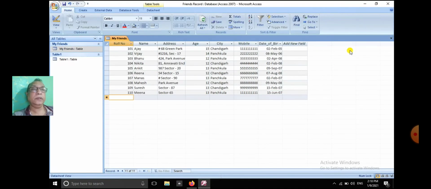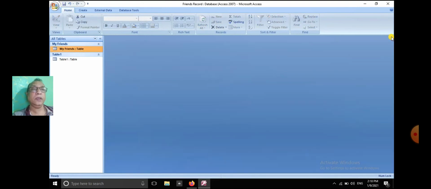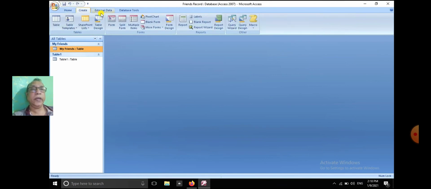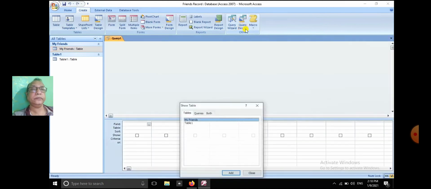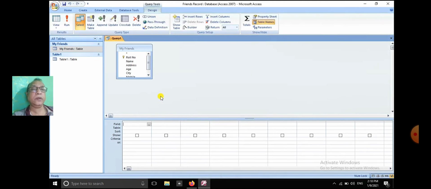Close the table, click on Create, click on Query Design window, select My Friends table, close it, drag the field names and place it in design grid.